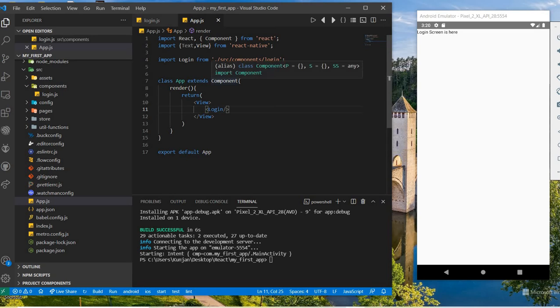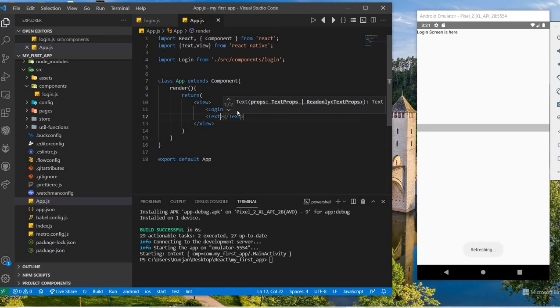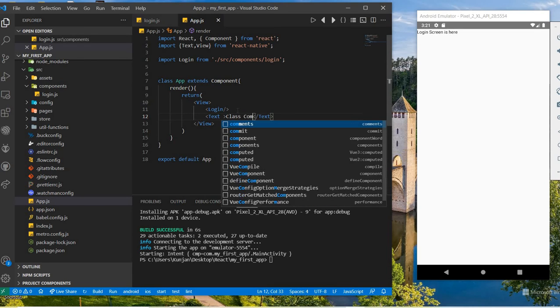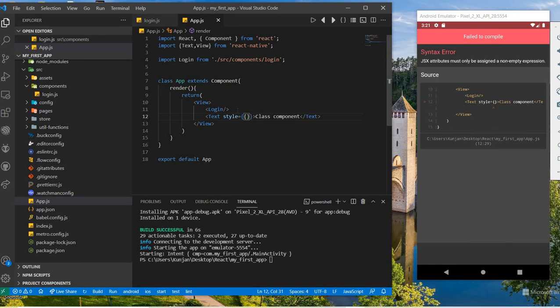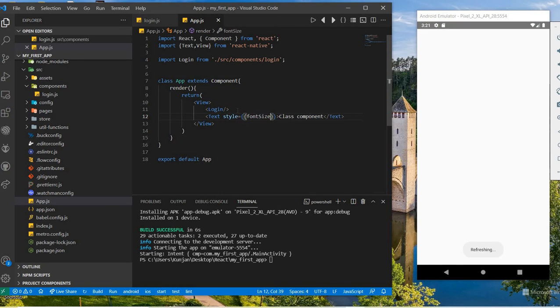Now let's implement the button and text. For the text property, let's suppose the text is class component, and style equal to font size, suppose 40.